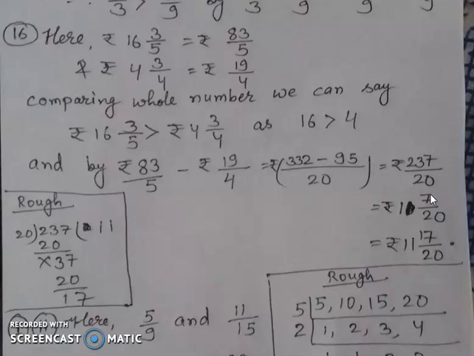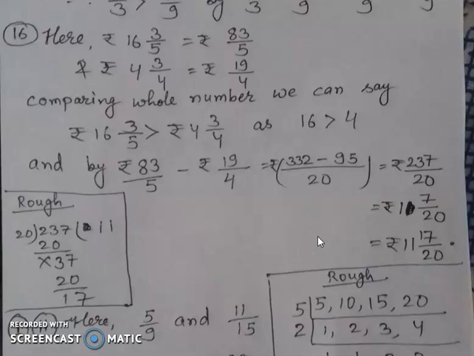So match the answers of each and every question. Even after explaining in this video, I will be watching all the answers again. If there is any difficulty, I will confirm it. If you find any mistakes, you can even inform me by giving a comment on my YouTube channel. Okay. So it is 11 17 by 20. Below I have written it, here by mistake it was left.